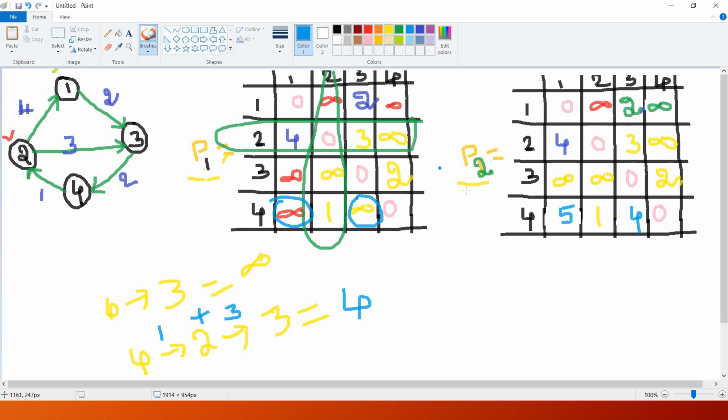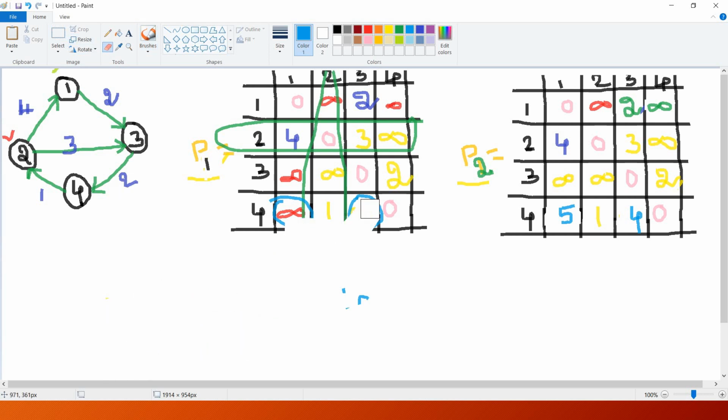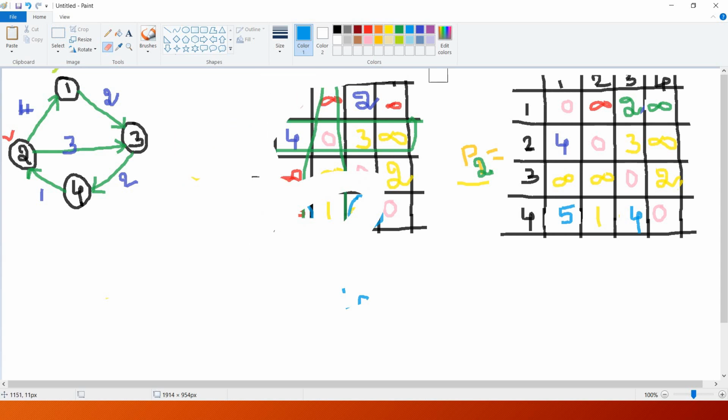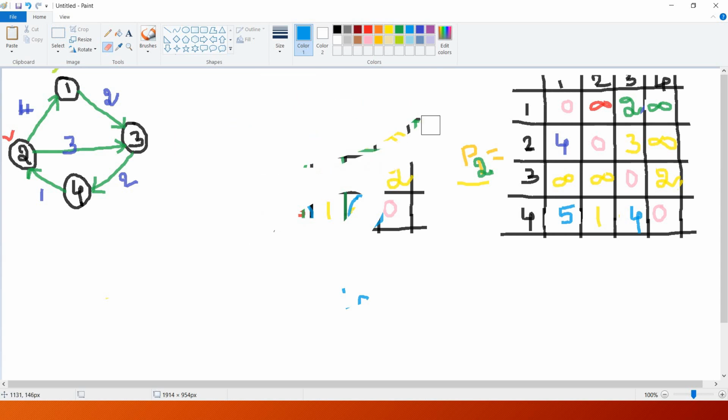The thing is, in step 3 we have to consider P2 as the matrix, and as P2 source we have to keep the same thing, third row and third column. Third row and third column we have to make the same, because we are traversing through 3, so there will be no change in the third row and third column. Do remember this point. While writing P2, why we made the second row and second column the same? If we traverse through a particular vertex, then there will be no change. That is the reason we are making them the same.